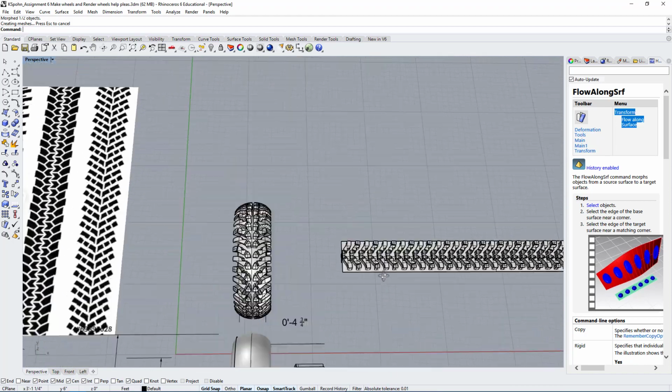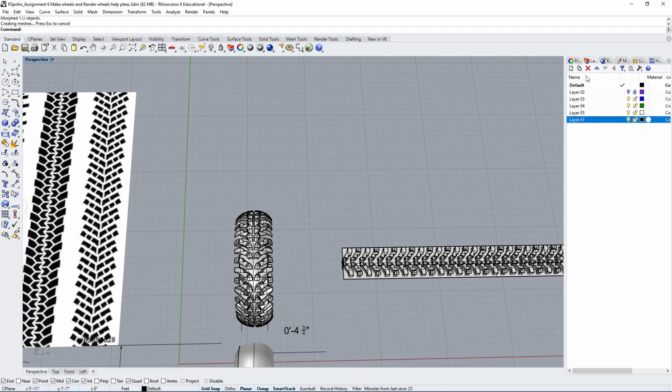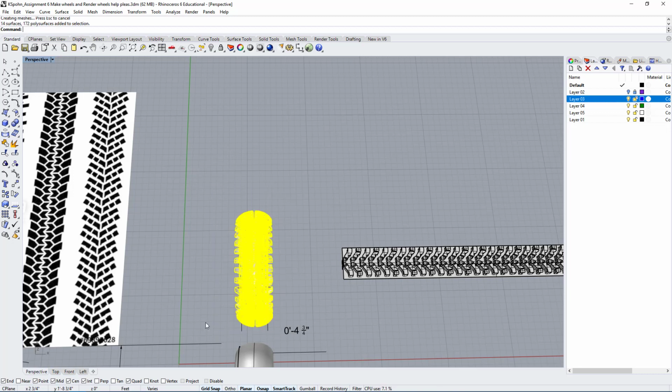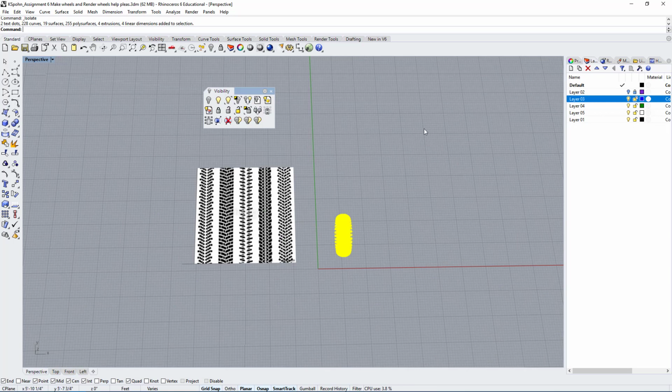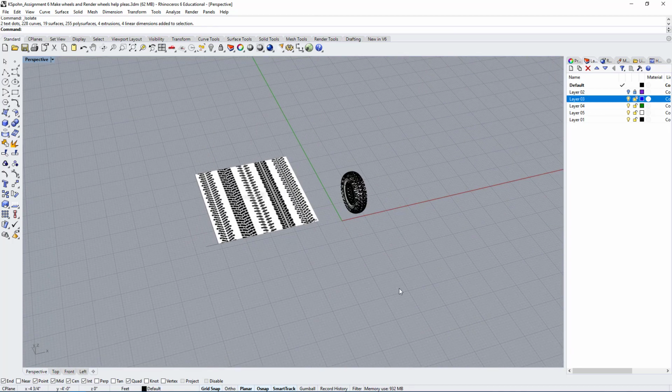Now, another thing I forgot to mention, which is really important here, is when you're working on such a complex file, you can use layers and organize your layers and hide what you don't want to look at or work on at the time. Or you can select the object that you are working on, expand this window up here, and click on this button which says Isolate Objects. If you click here, it will hide anything that is not selected. And if you want to make the rest of the objects visible once again, you would click up here and show the objects.